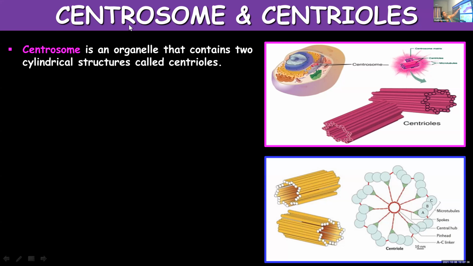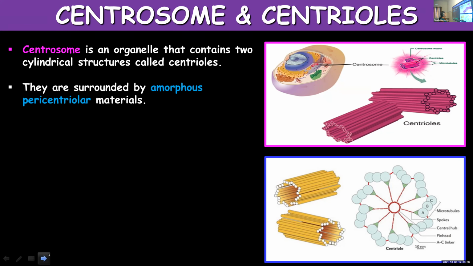Here you can see a picture of a centrosome, and within the centrosome a pair of centrioles are there, and as you are seeing in the picture, these are arranged perpendicular to one another. So one is in this way, the other one is arranged like this. So two centrioles are there, arranged perpendicularly within the centrosome. Centrosome is the organelle in which centrioles are present. They play an important role in cell division.